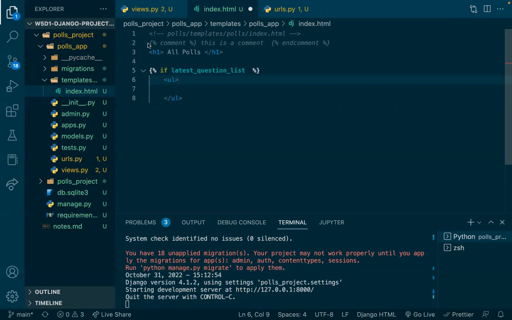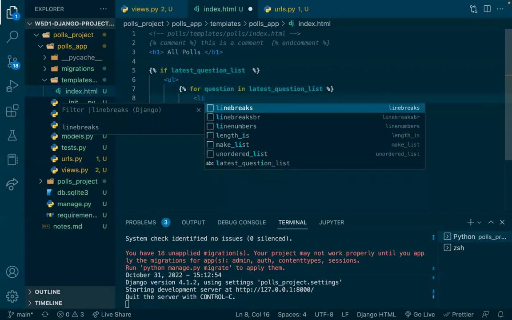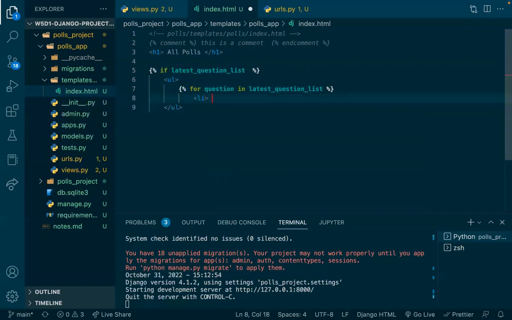Okay, so we saw the comments, we saw an if statement. So another thing that we can actually do here is a for loop, which is very, very helpful. So I'm going to say for question in my latest question list. Okay. So for each one of these, I want to create a list item that has, let's say for now that the question,